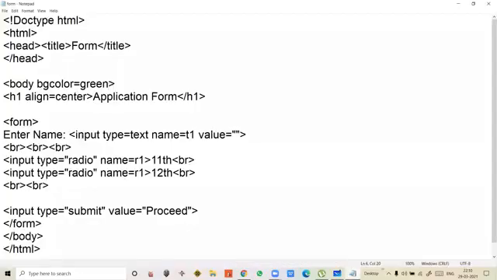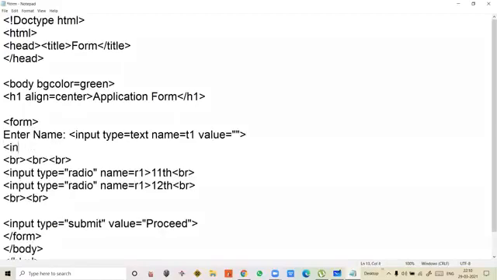If you want to add more, students, you can have more number of options. Like here, for example, have input type text and name equal to T2.